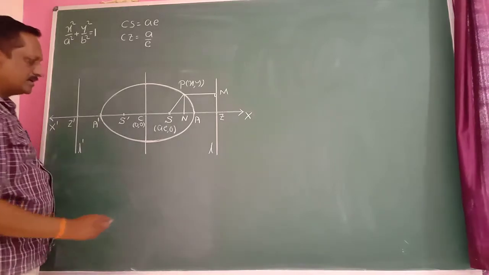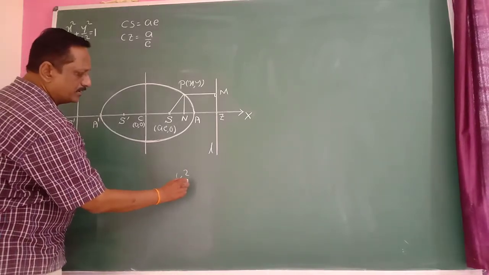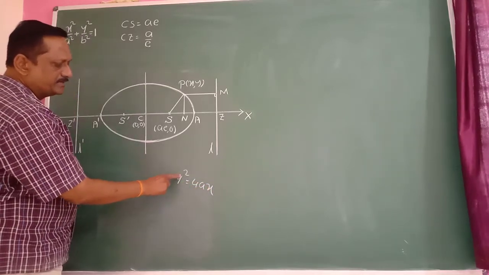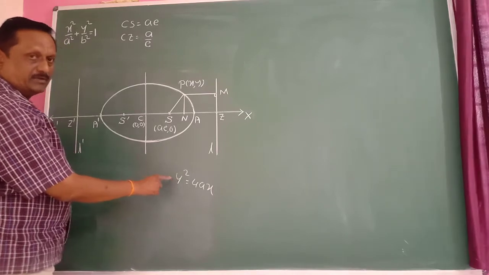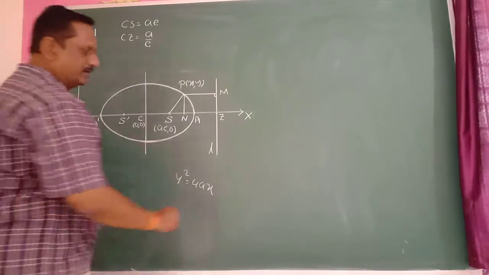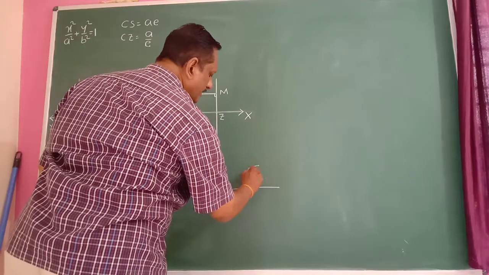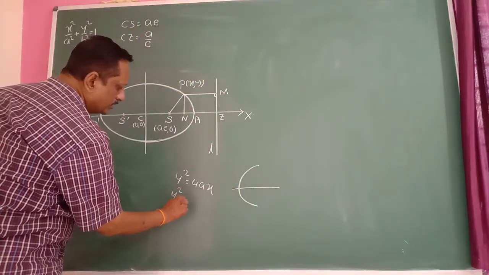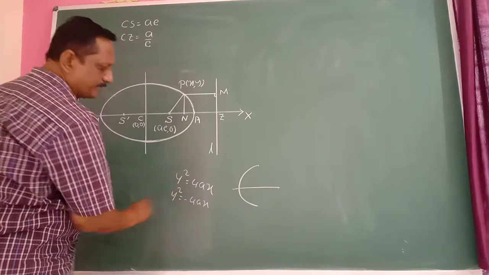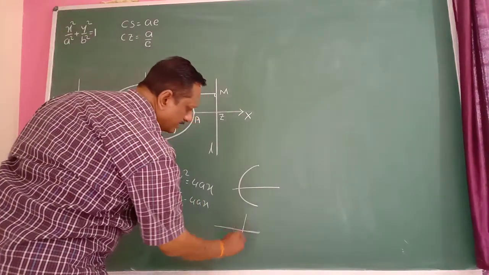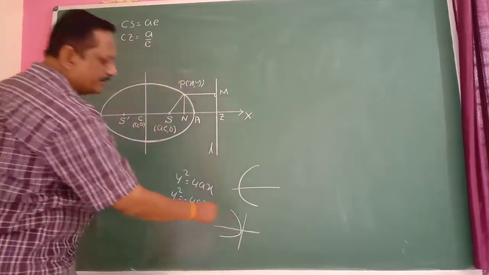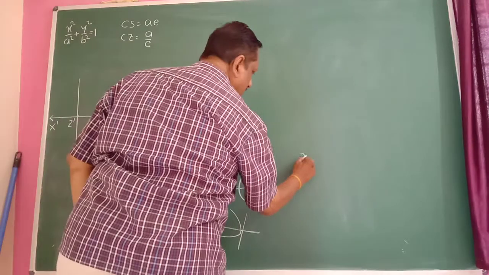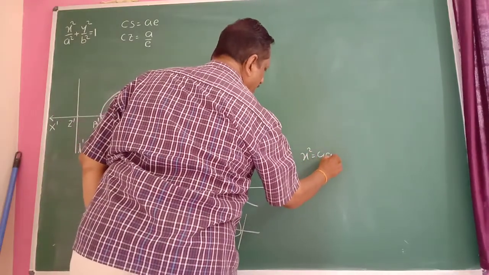But suppose you consider this one here, this is a parabola, y square is equal to 4ax. In this case, only the y term is a square. In this case, it is symmetrical about x-axis. So even y square is equal to minus 4ax. In this case, the curve is symmetrical about only x-axis. Sorry, I said y-axis, it is x-axis. In this case, x square is equal to 4ay.